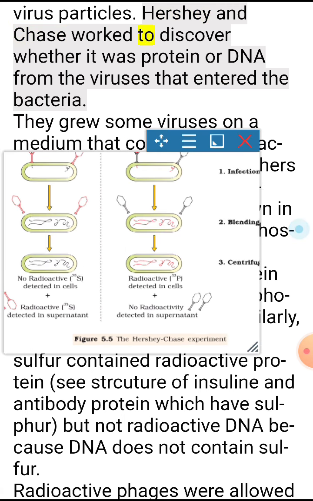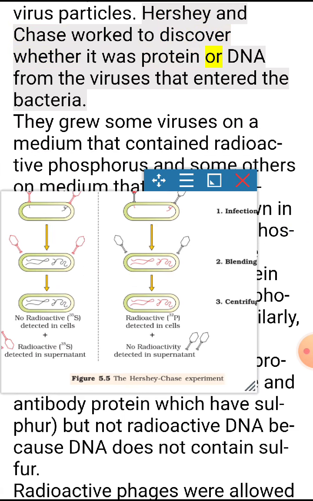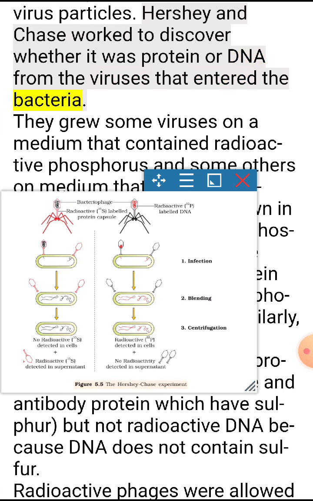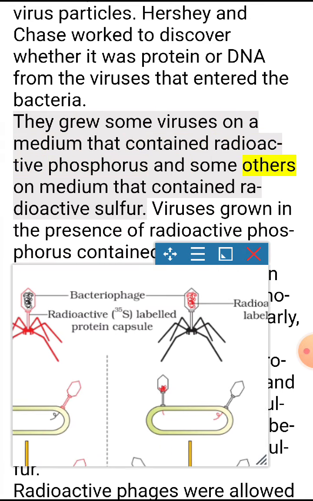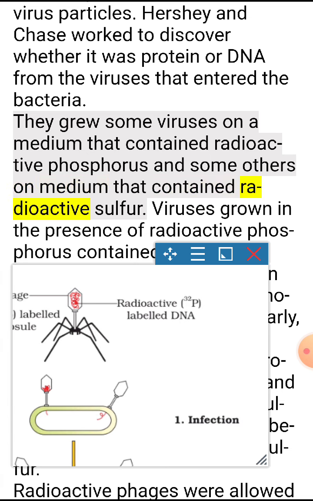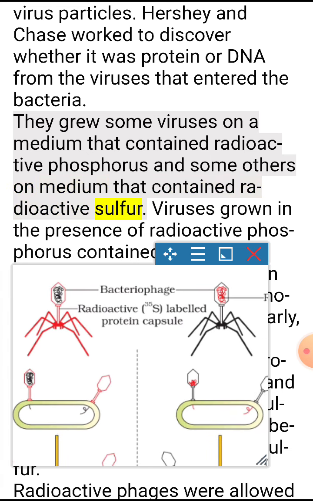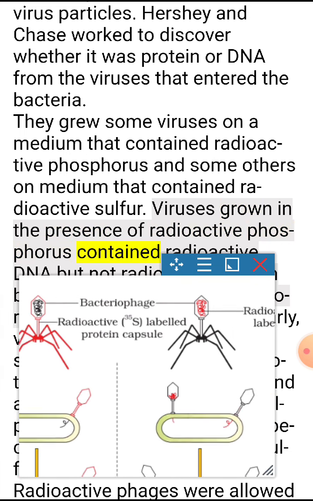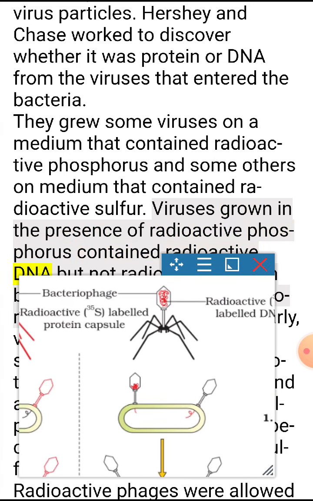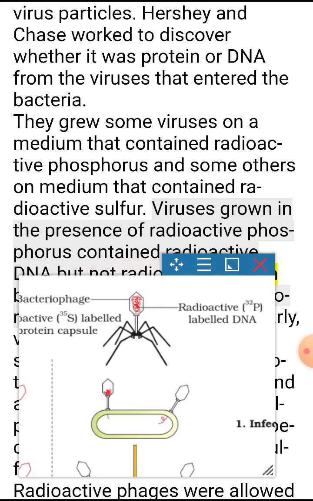Hershey and Chase worked to discover whether it was protein or DNA from the viruses that entered the bacteria. They grew some viruses on a medium that contained radioactive phosphorus and some others on medium that contained radioactive sulfur. Viruses grown in the presence of radioactive phosphorus contained radioactive DNA but not radioactive protein because DNA contains phosphorus but